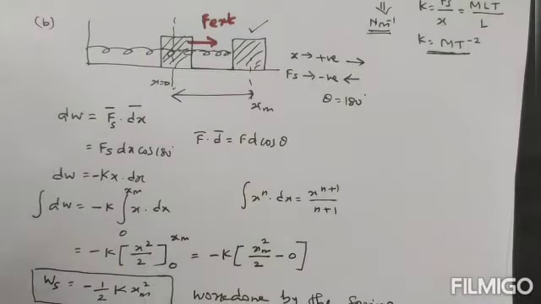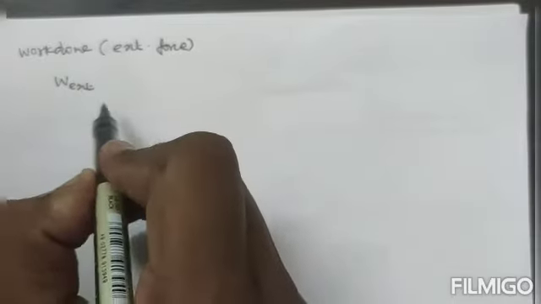We found the work done due to the spring, but next we are going to calculate the work done due to the external force. Let's see now. So now we are going to calculate the work done due to external force. I can write that as W external, the work done due to external force, that is equal to,